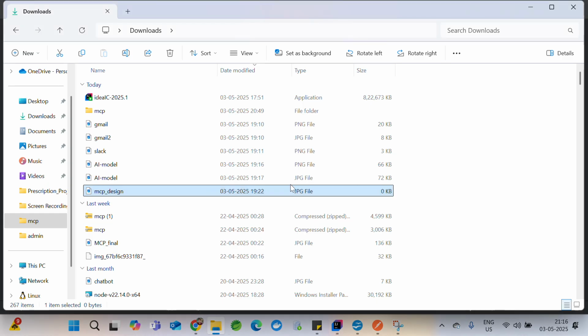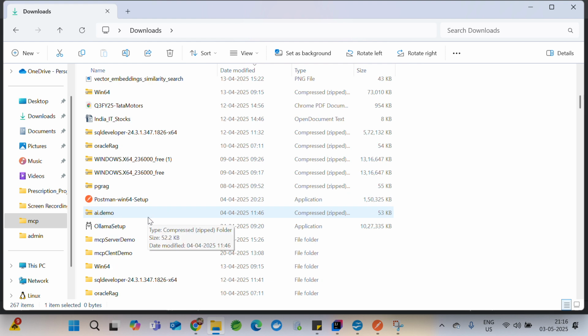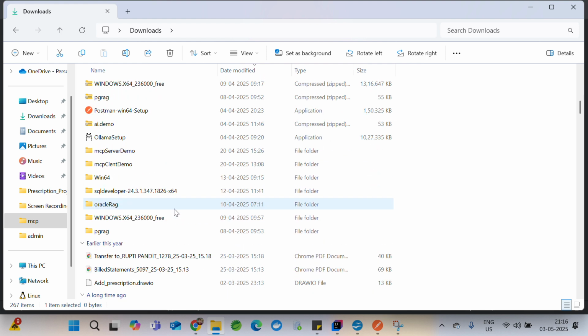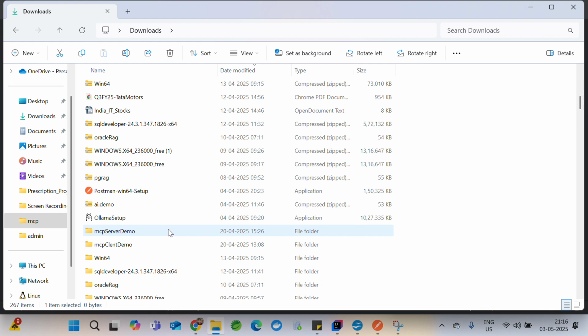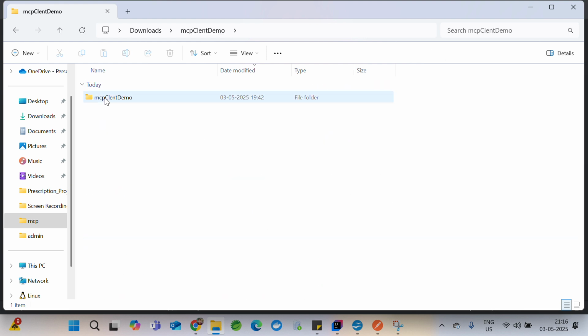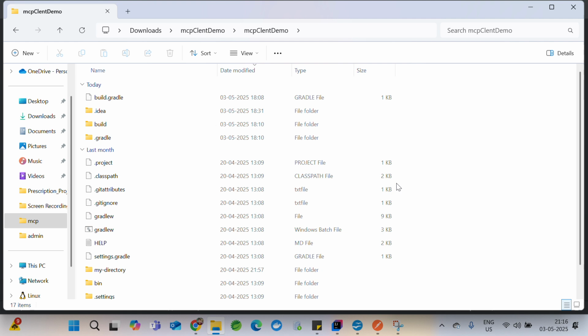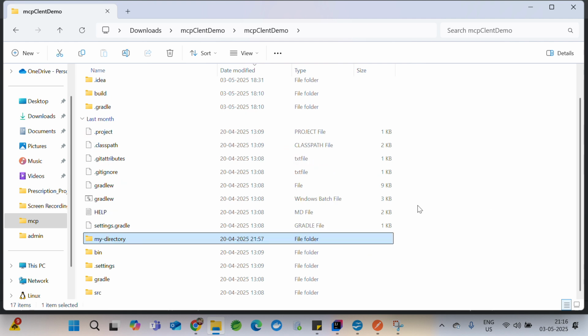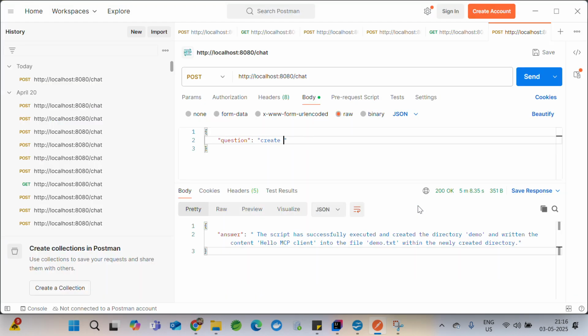Before I go there, let me go to the client. I'll be creating inside my MCP client. Is there any folder called Mrigang? Okay, there is no folder called Mrigang. So I'll tell this to create a folder Mrigang Pandit